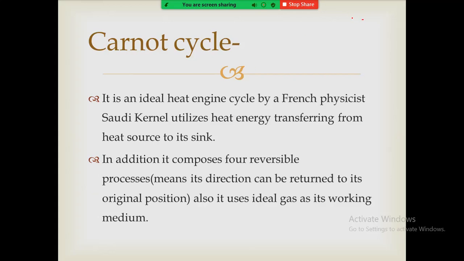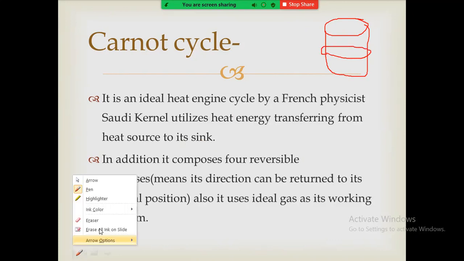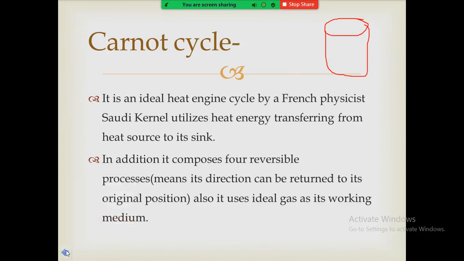Suppose this is a system here, and one piston is connected here, closed inside that system. So here, there are four reversible processes. Four reversible processes means what? Isothermal expansion,